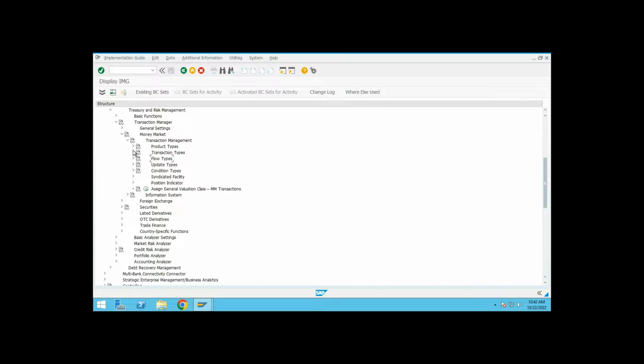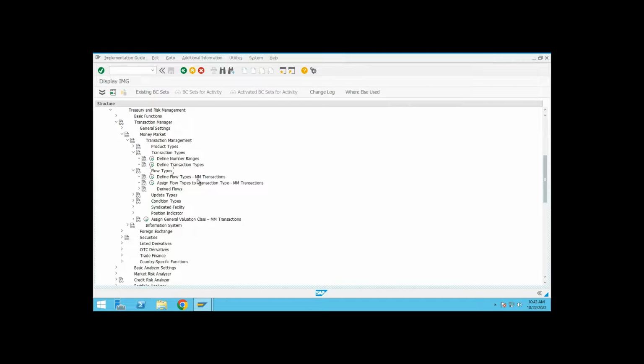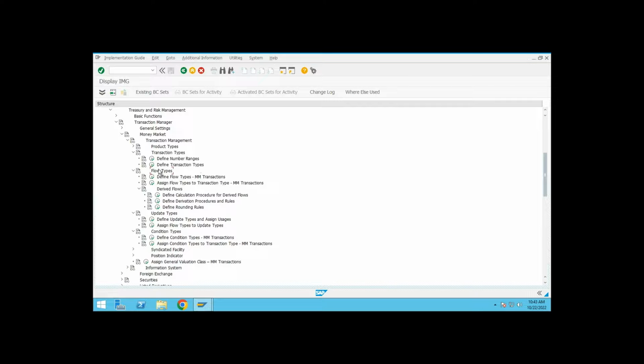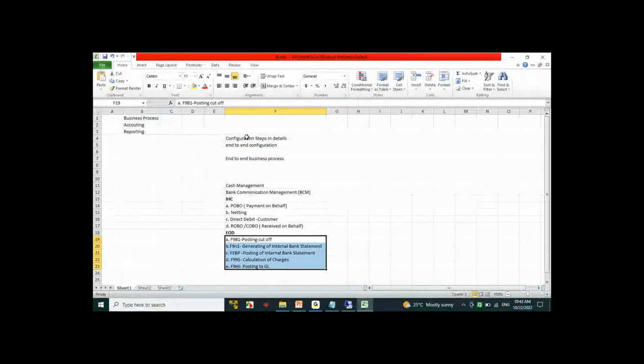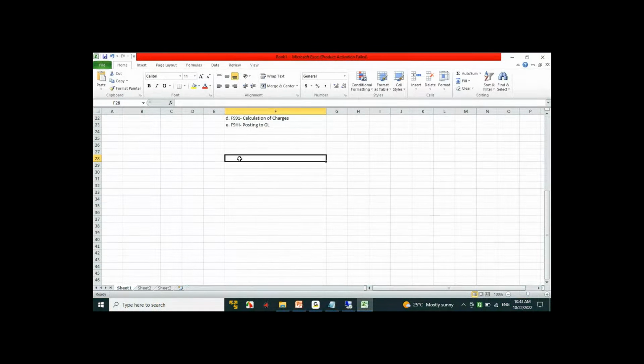First, we're going to discuss the product type, then define transaction type, then define flow type, then assign flow type to the transaction type, then any derived flow, and update types. These are the standard configuration for all the products, whether you're talking about money market, securities, derivatives or trade finance. These configuration steps are all the same. That's why I segregate the configuration of SAP TRM into two. One would be the product level configuration,